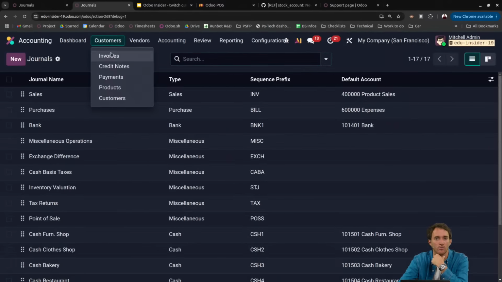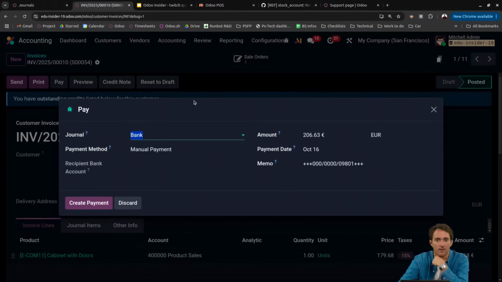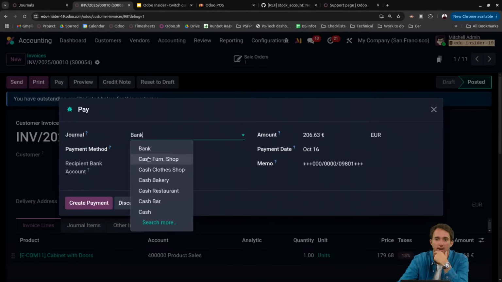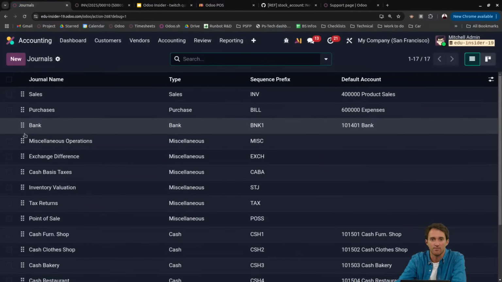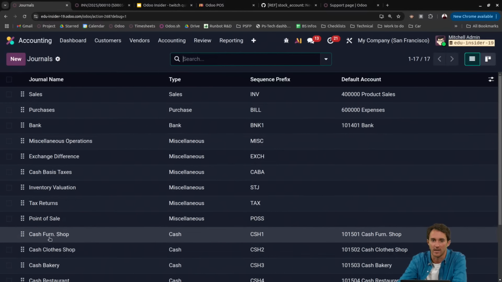And if I go to a customer invoice and I decide to pay it, yes, here what I see is that I first see my bank journal appearing and then my cash journals. Why is it the case? I think it's the case because of the sequence of my journals. The fact that my bank has the first sequence in my list, and then my second is my cash furniture